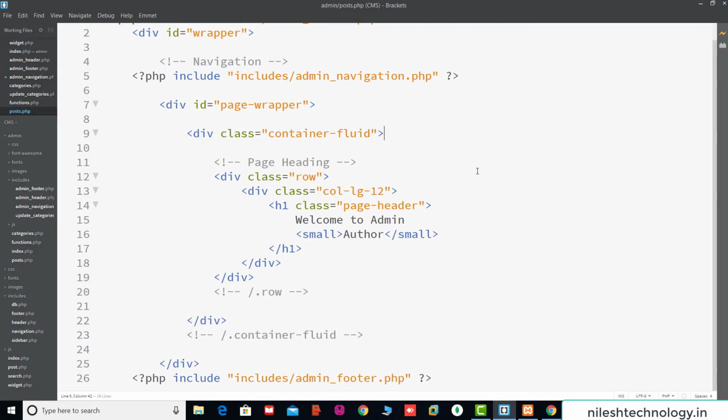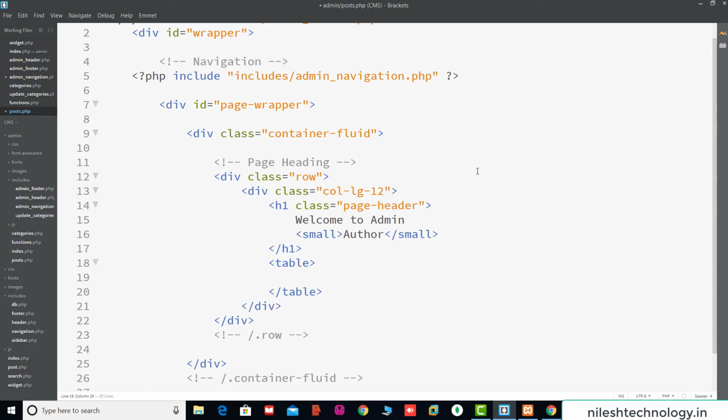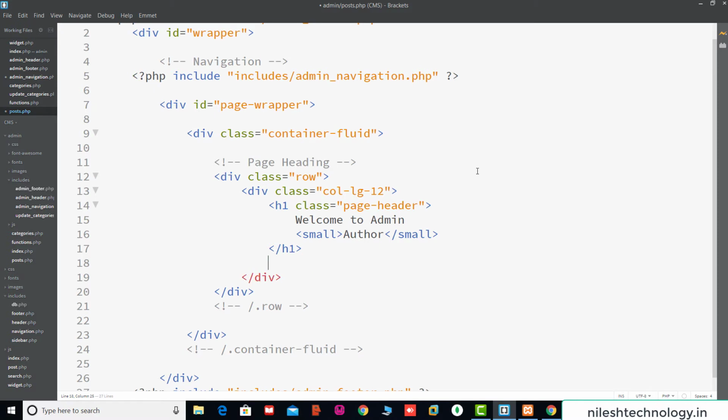Okay, now after that h1 tag, here we create a table tag, and inside this table we use this shortcut, table, then inside this table head, then table row, then table header.